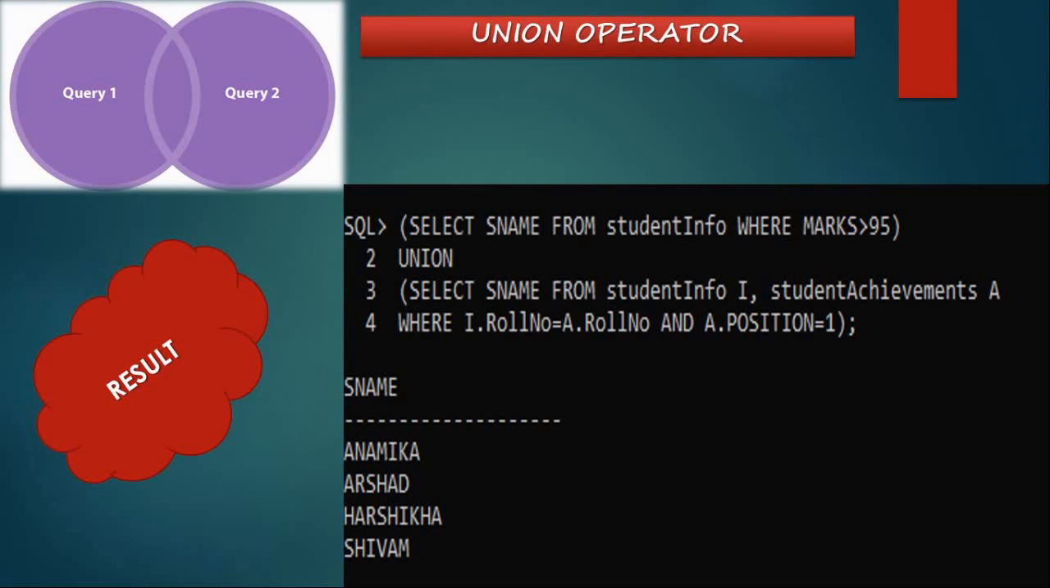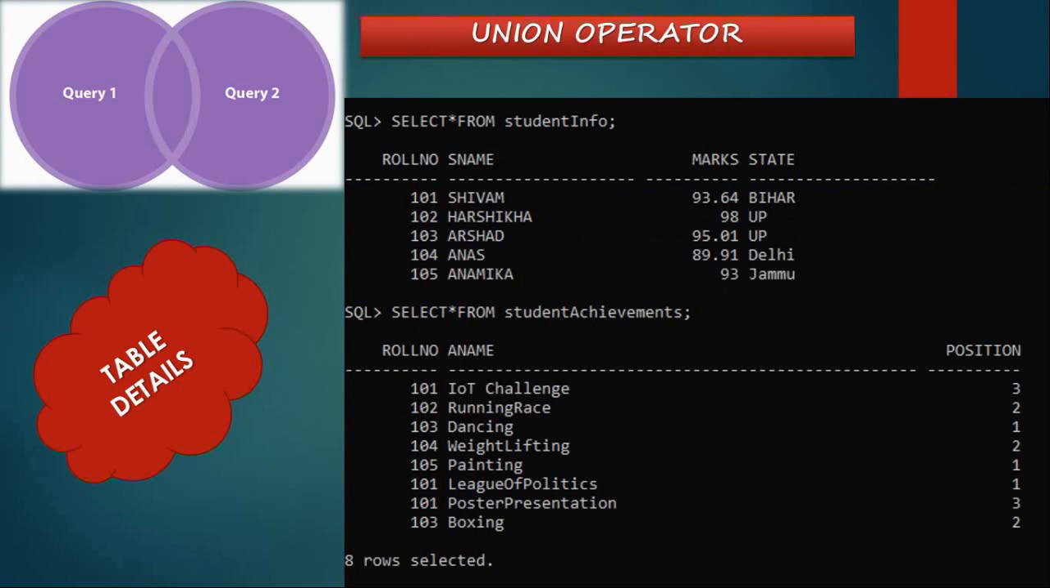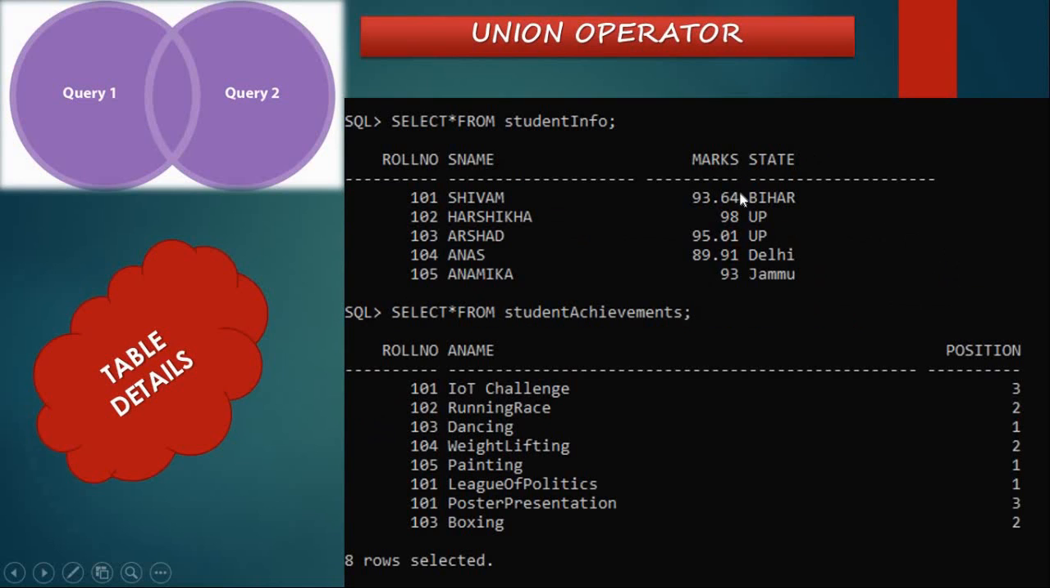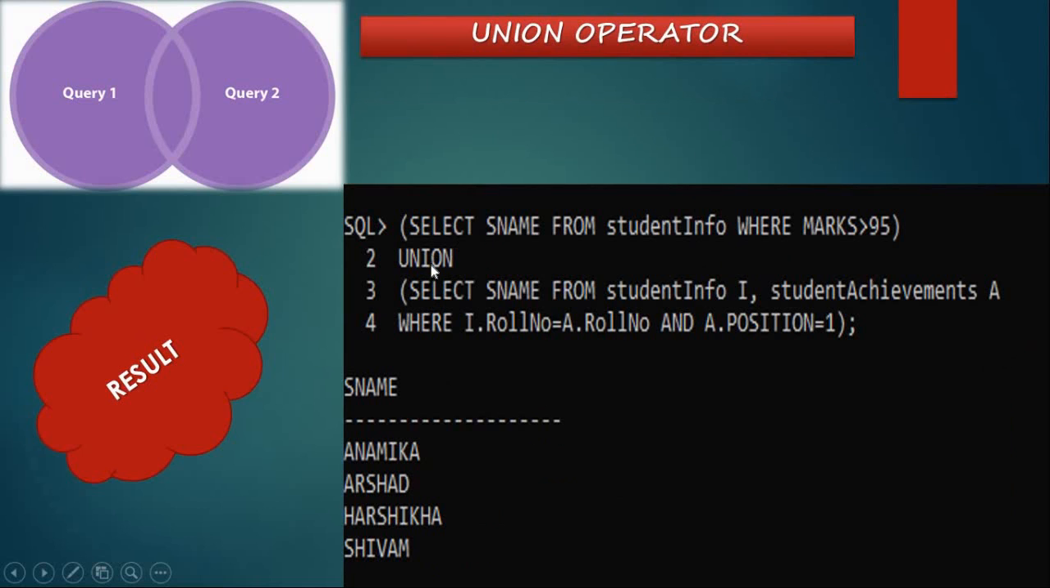So the query given here is select student name from student information table where marks is greater than 95. So this first query gives us a particular set 1. So let us understand what set 1 consists of. It is student name from the student info table where marks is greater than 95. That means the marks is greater than 95 and it is from student info table. So this set 1 comprises of the elements Harshika and Arshad,